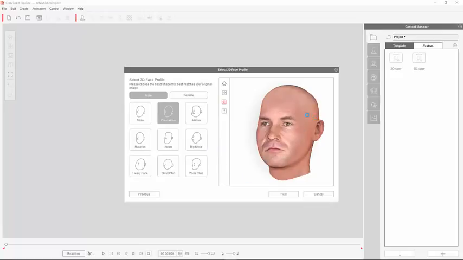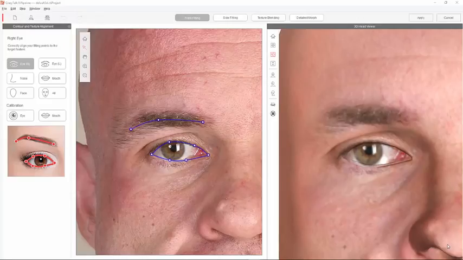I'm just going to go ahead and select the Caucasian here. And of course, we have ones for different genders as well. And you can try these all to make sure that you'll get the best one for creating your head. Then just select Next. Now that we've fit the nodes to the face and also selected our base head shape,